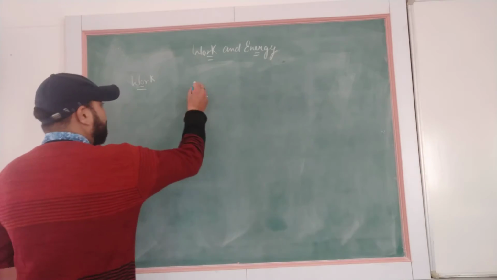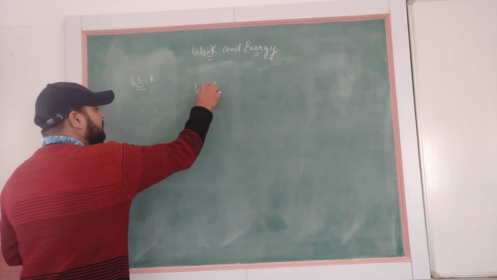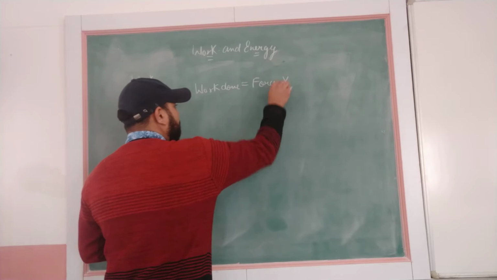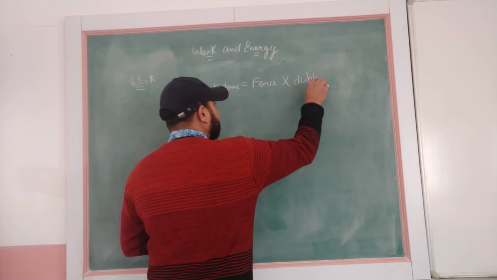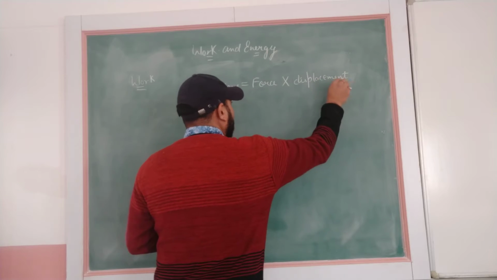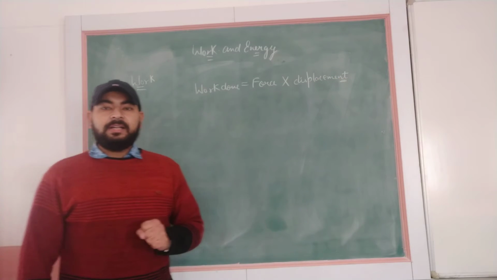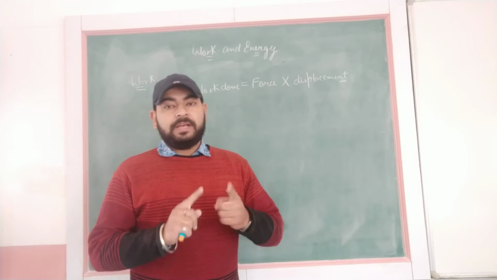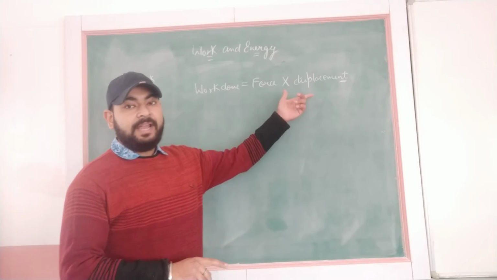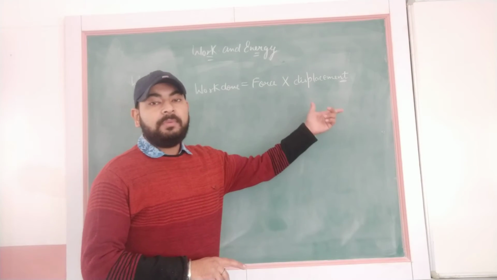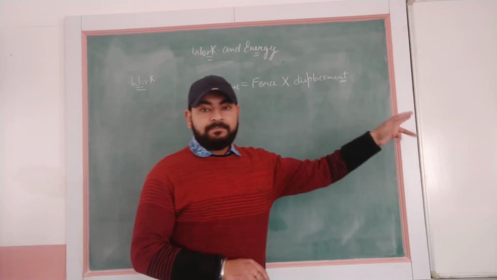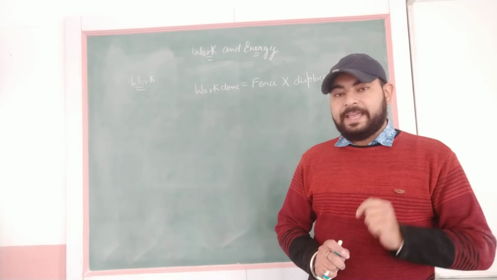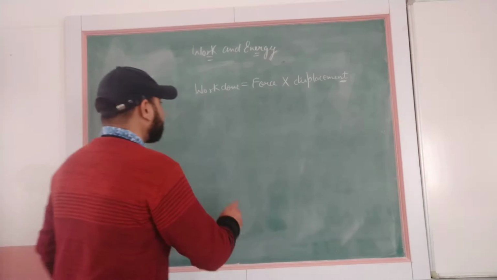Here, what I have told you is that work done is equal to force into displacement. What does this mean? If we are doing work on a body, then as a result of that work, the body will be displaced, and that displacement will be only because of the force applied. Right? Why did that displacement happen? Because a force was applied on the body. So now,